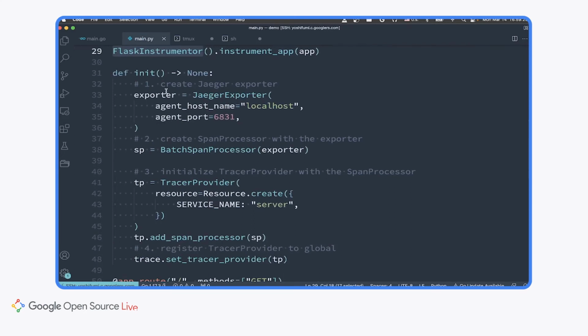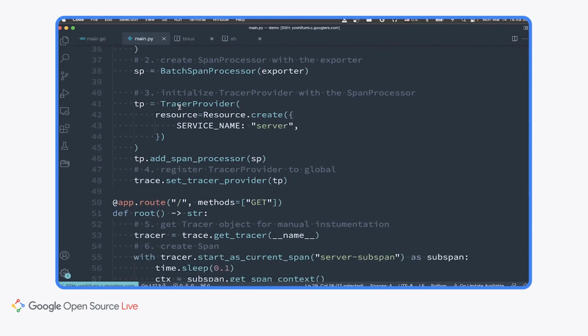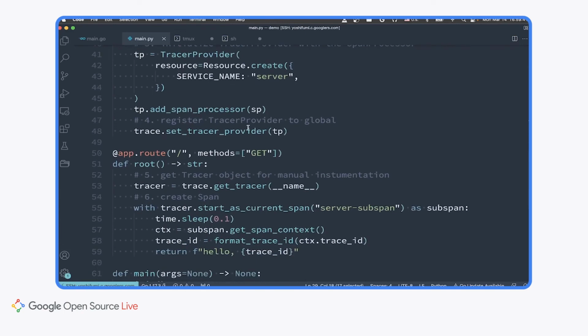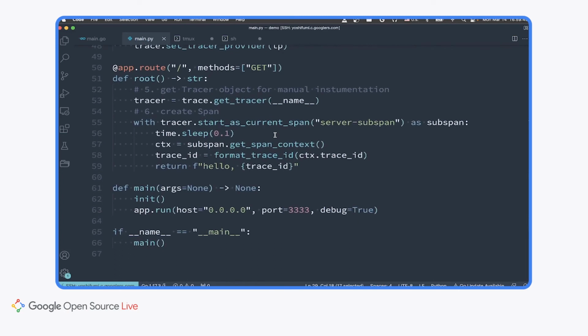So create the exporter object first, and then register it to the span processor, and pass that span processor object to the tracer provider initialization, and register that tracer provider to global. Same. The highlight here is that the handler is not instrumented for the root span.